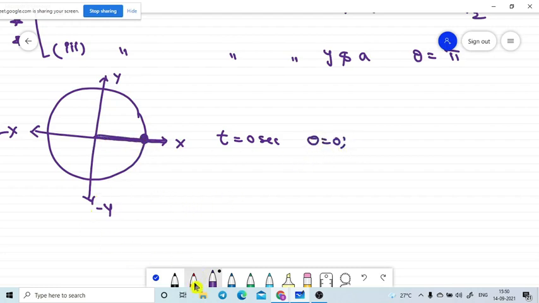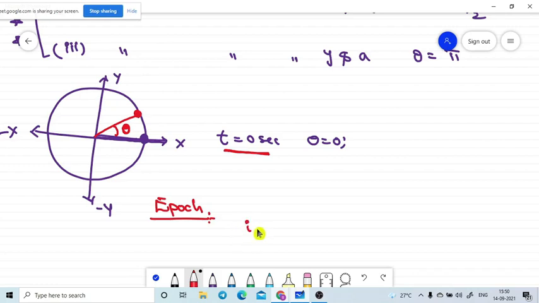Now I am taking one more particle. It is somewhere here. It is making an angle theta. So that means before we perform the experiment, at the initial stage, the particle has some phase. That phase is named as another physical quantity, the epoch. Epoch is the physical quantity which tells us about the initial phase of the vibrating particle.